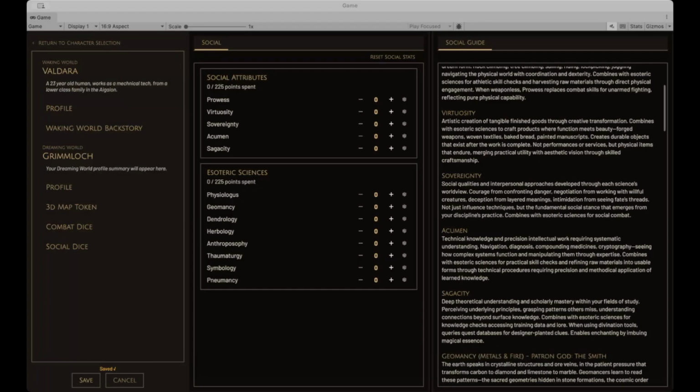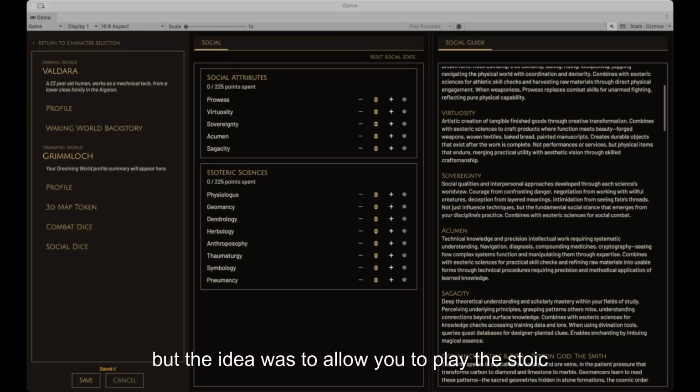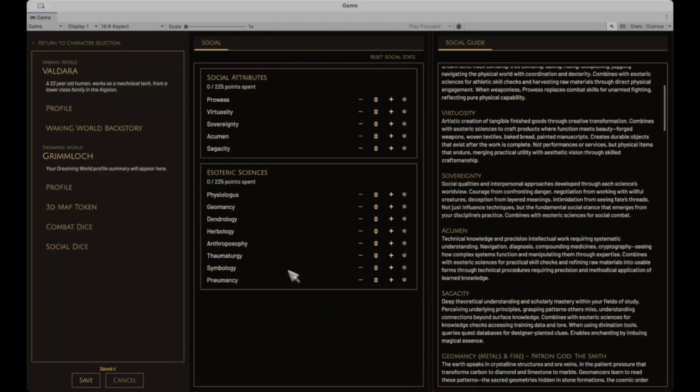Obviously, if people really God mode, there may be conversations involved, but the idea was to allow you to play the stoic and not have to wander around going, oh, I'm so terrified. I'm so terrified. You could pull the, I'm not afraid of you. So we wanted to let people role play any way they wanted without forcing them into a particular role play delivery for what you do to them. But the mechanical weight does still exist.